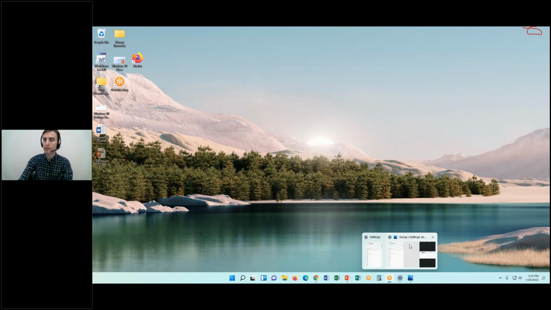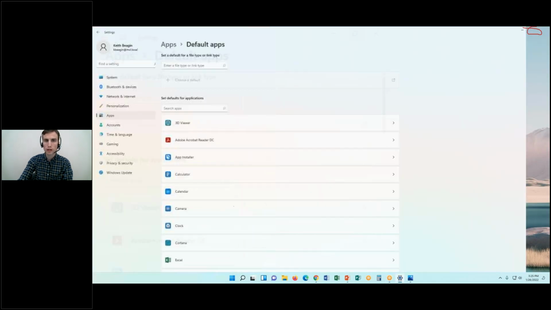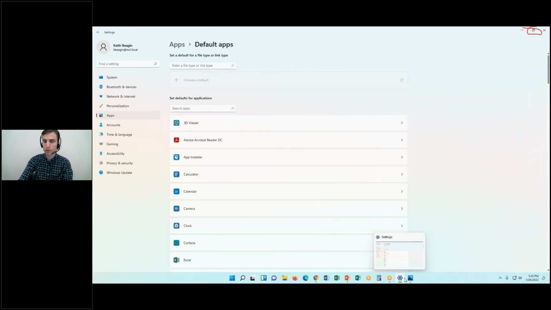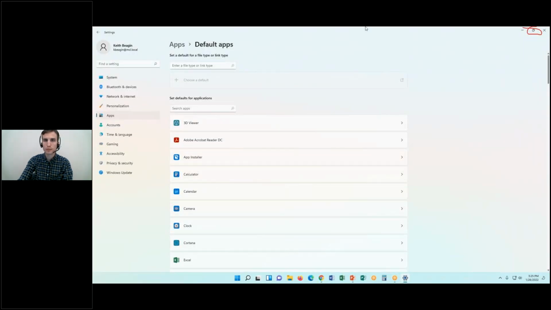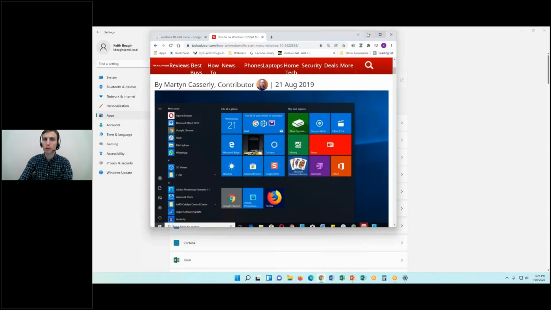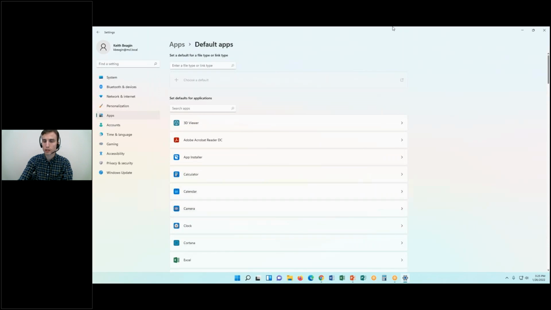All right, so again, very simple. If you want to get back to full screen, you just have to go to each window and use the maximize button to do that. And I'll just close this one, I don't need it. Same thing with Google Chrome here. I could just minimize that fully. Good. All right. So again, go to the top right, go to your window display controls, point at the middle